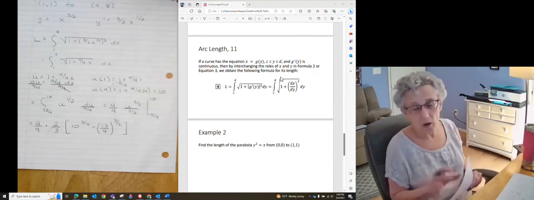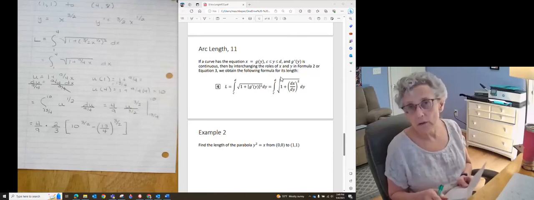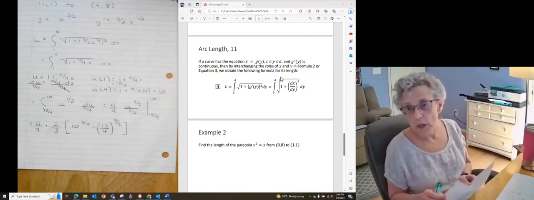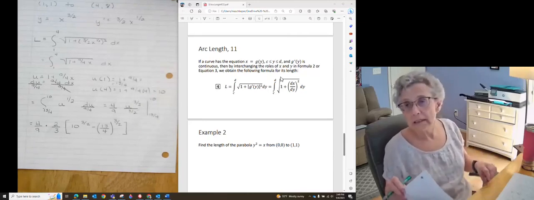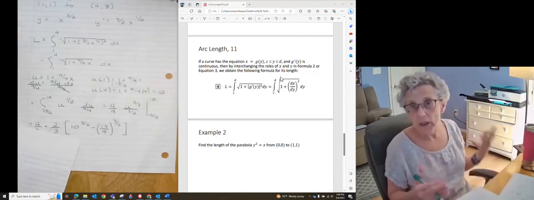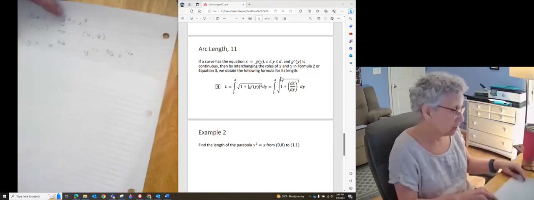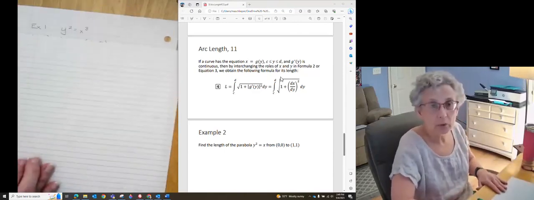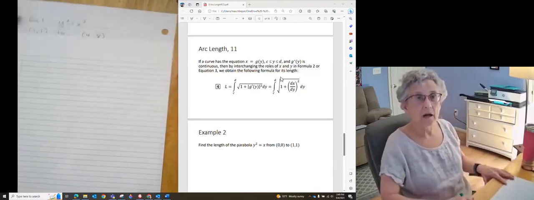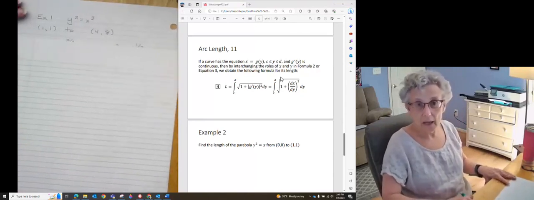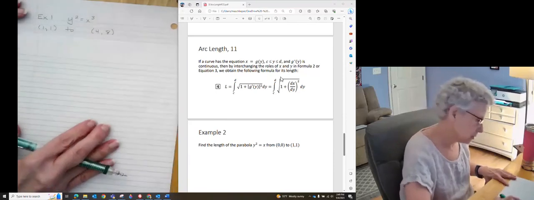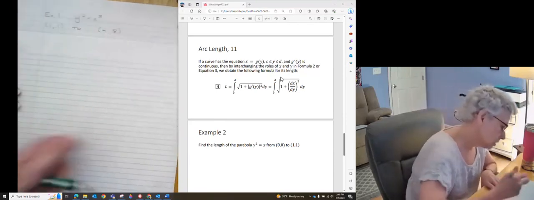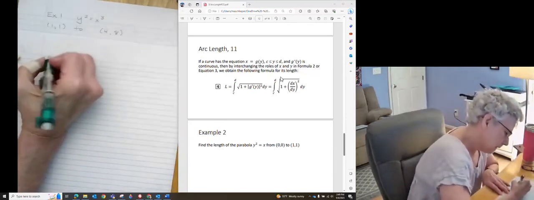Now, the nice thing about arc length is it doesn't matter if you integrate with respect to x or with respect to y. You can do whatever is easiest. So, arc length works exactly the same if you do it the other way. So if I wanted to do this problem, and instead of integrating with respect to x, I wanted to integrate with respect to y, I could just rewrite this as